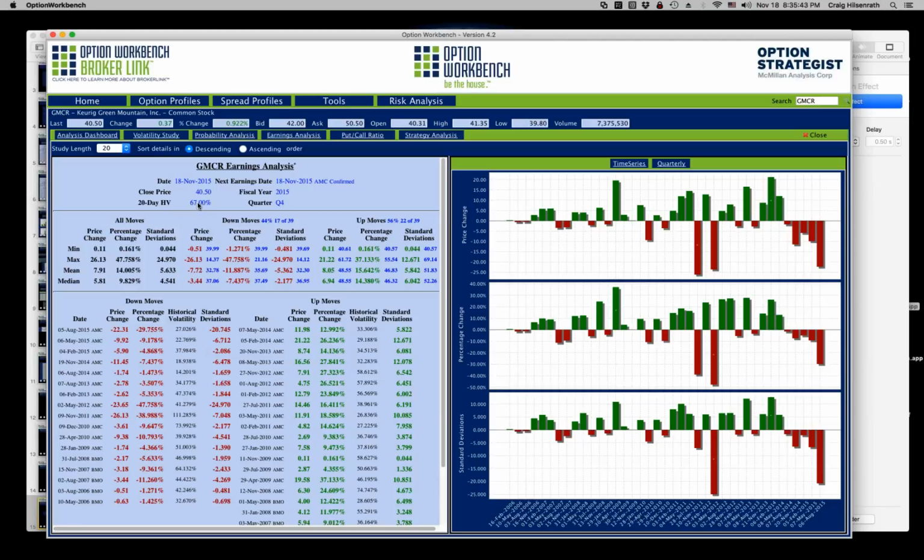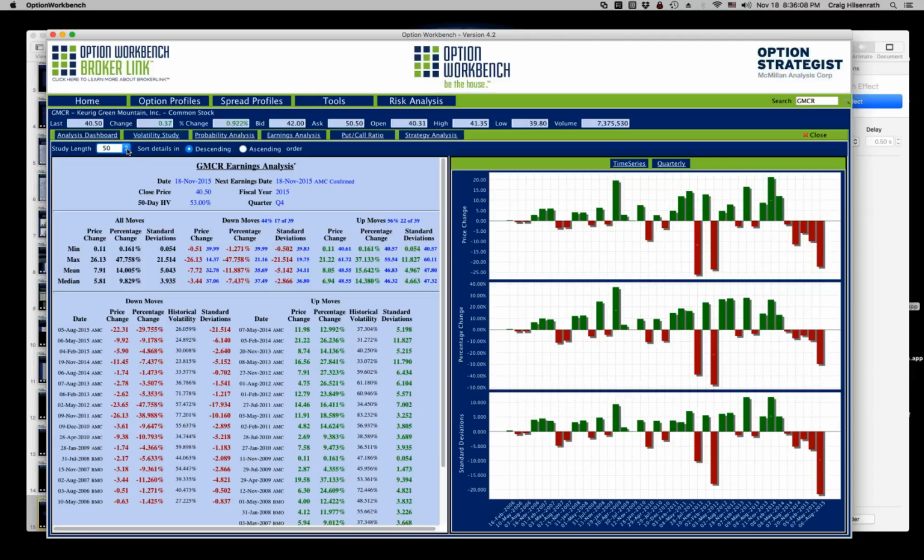We see that the volatility is 67%. If I go and change that to the 50-day, it changes to 53%. And then that changed all the standard deviation measures in here. It kind of happened quickly, so it's probably difficult to notice. And it changed this chart at the bottom here as well.